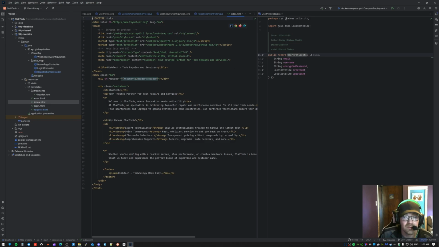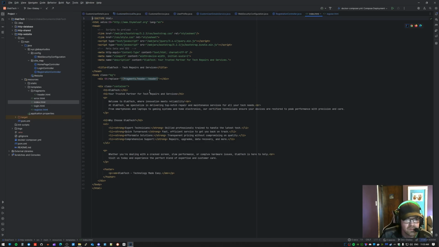I don't know if I need to go over these. Just HTML files that make up the website. You'll notice here, again, this is one thing I love about Thymeleaf, is that I can use the Thymeleaf tag. I can tell it that I want to replace this div, and then I pass in the location of what I want to replace it with. So in this case, I go into the fragments folder and into the header HTML, and I take